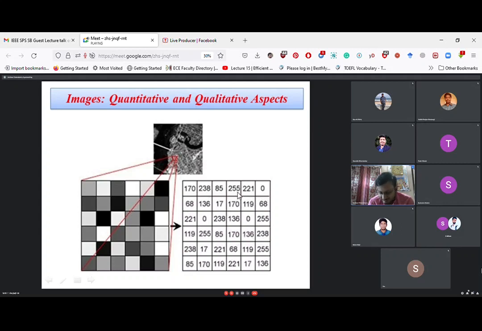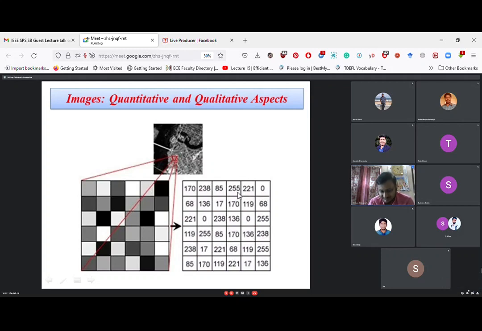So we have found so far two kinds of image. One image where the intensity levels are 0 and 1, that is a binary image. Another image is one where there are several gray levels, meaning each pixel's intensity value represents its gray level. Like this image in this slide, the gray levels are distributed from 0 to 255.